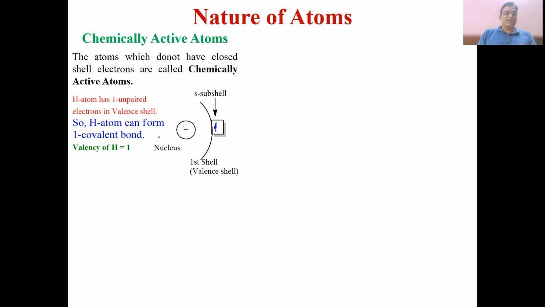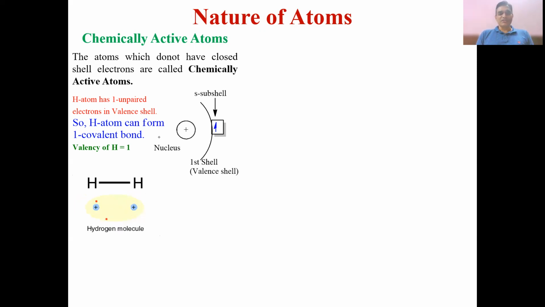As you can see in the diagram of the H atom, the configuration of hydrogen is 1s1 because the atomic number of hydrogen is 1. So the configuration is 1s1, meaning there is only one electron in the first shell, and that electron is unpaired. So H is not stable in the atomic state. Two H atoms come closer to each other, which results in the overlapping of their orbitals and the formation of a covalent bond. That means an H2 molecule is formed.